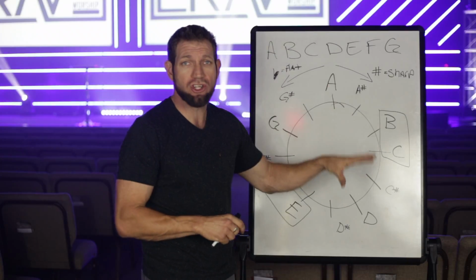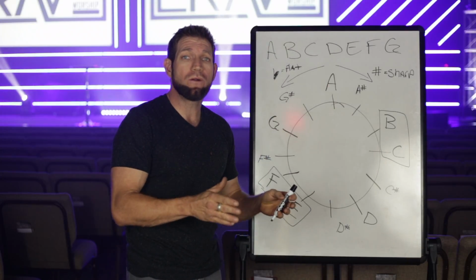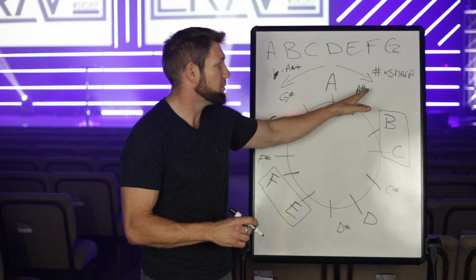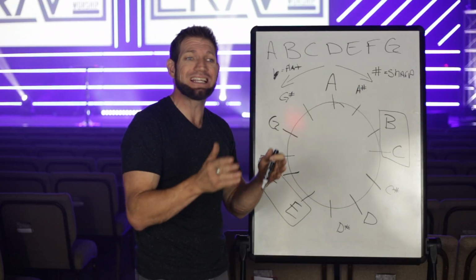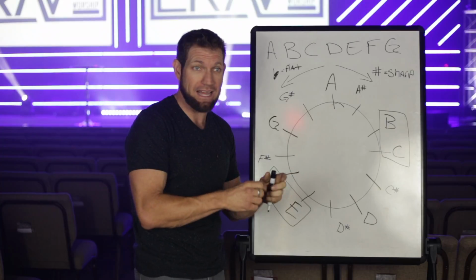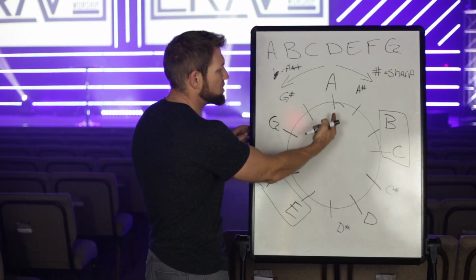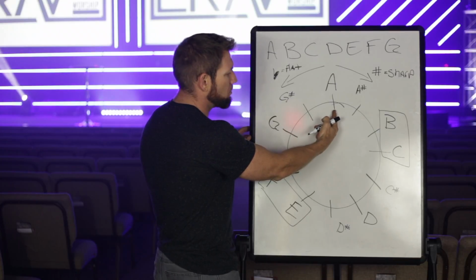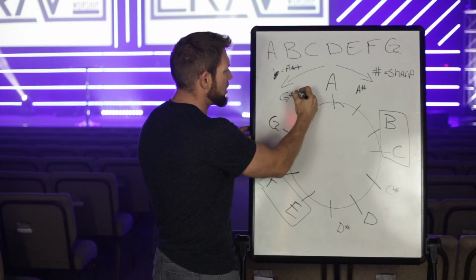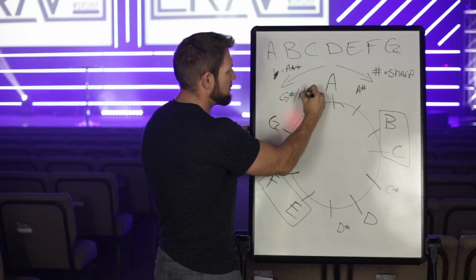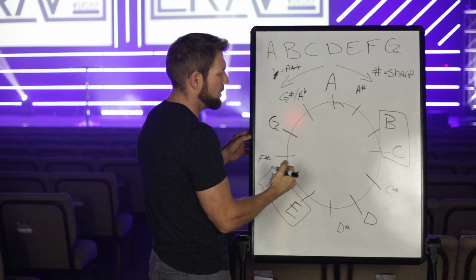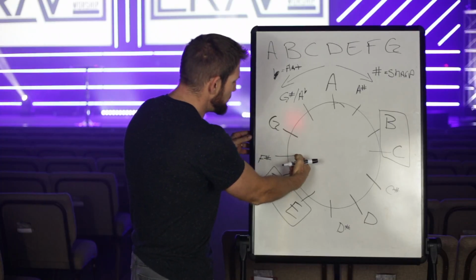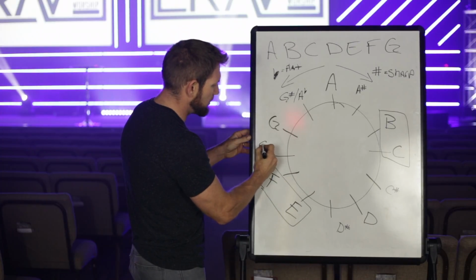Now we've built all the sharps, and as I said before, these accidentals are going to have two different names. So now that we've given them the name of a sharp, now we need to assign them the name of the flat. So if we start with A, we're going to do the same thing going around the opposite direction. So if we start with A, this G sharp can also be called an A flat. And then we go from A flat to G, G to, this one will be G flat